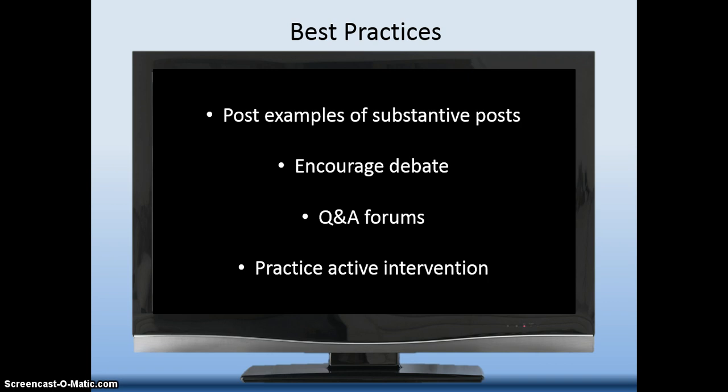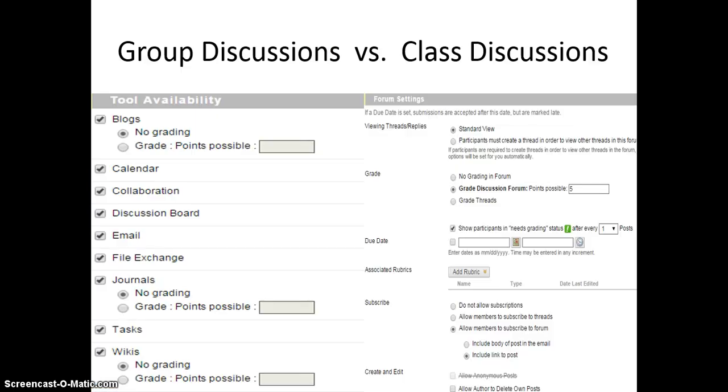And then finally, practice active intervention. Begin with a general posting in the discussion board thread that talks about etiquette, that talks about your expectations, if it's a minimum word count, if it's spelling and grammar that you care a lot about. If you don't care about that, you just want people to discuss things openly and freely. That's what you need to do. You need to be on top of discussion boards. When they're posted, you need to keep track of the students who are marking them, and just really be on top of it in order to promote a positive experience for all students involved in the class.